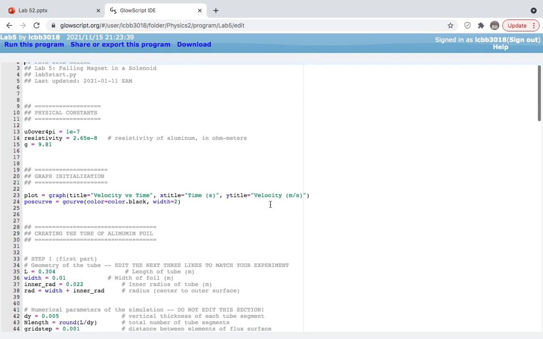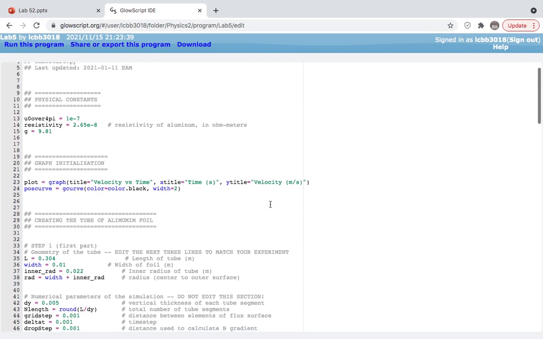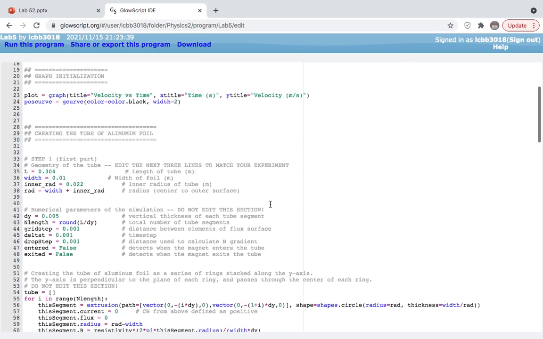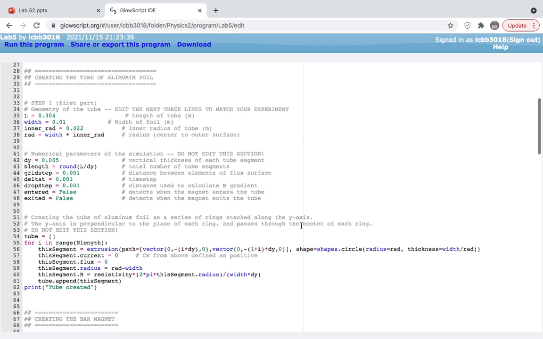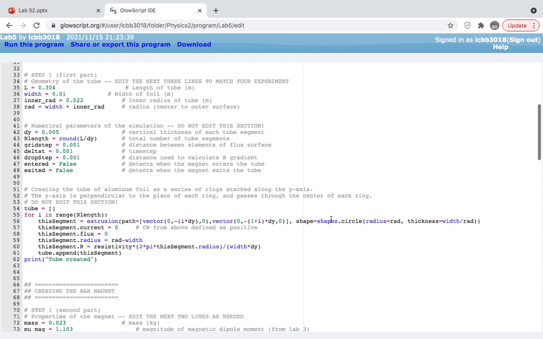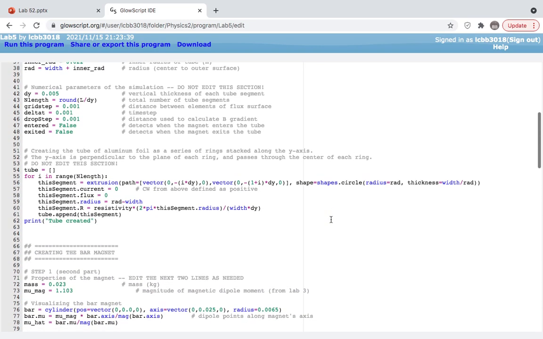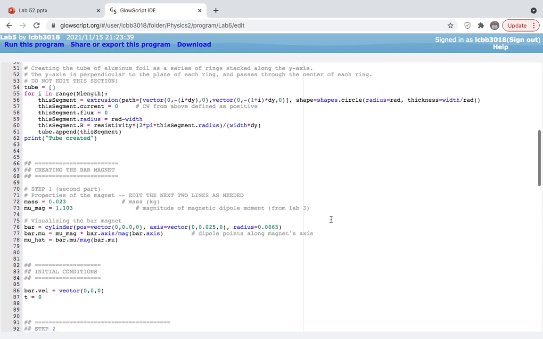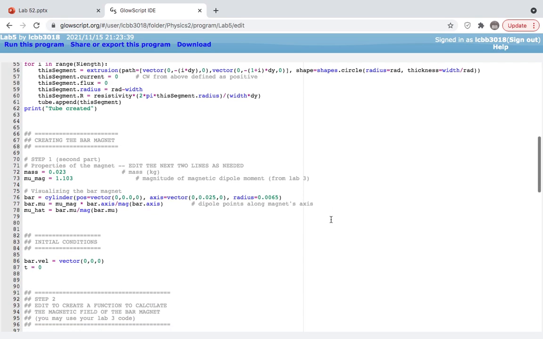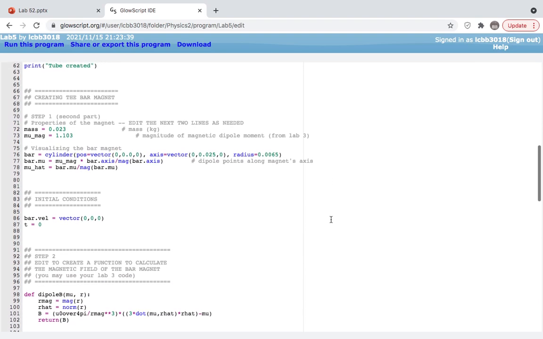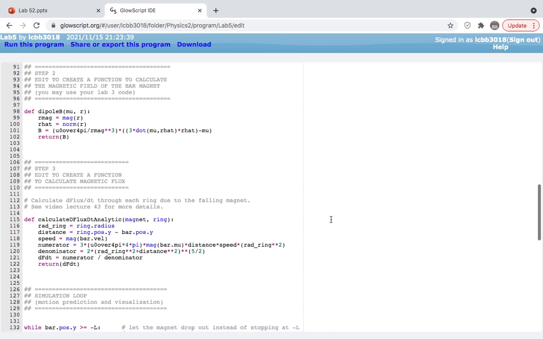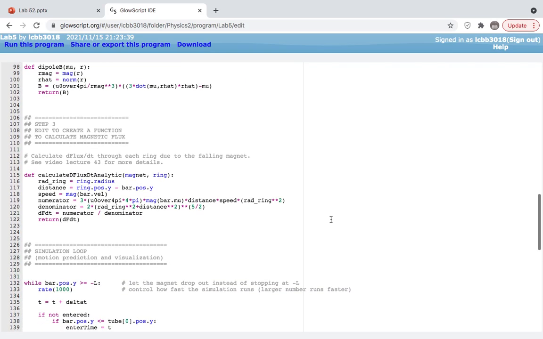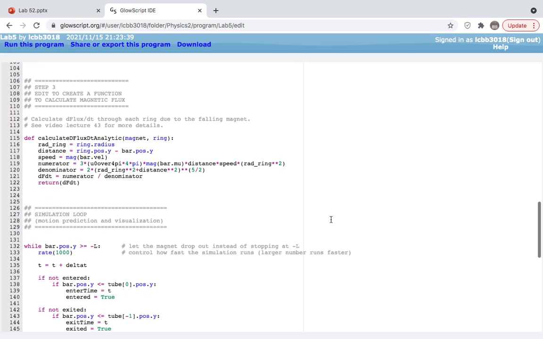As you can see, there are the constants used, and the graph of the velocities and time is set up, and here are the dimensions of the tube. And so here's the code for modeling the conductive tube as a stack of non-interacting conductive rings. With the mass of the magnet and the moment found in Lab 3, the magnetic field relative to position r is found. Then the rate of change in the magnetic flux through each ring, and so Faraday's law calculates the current,